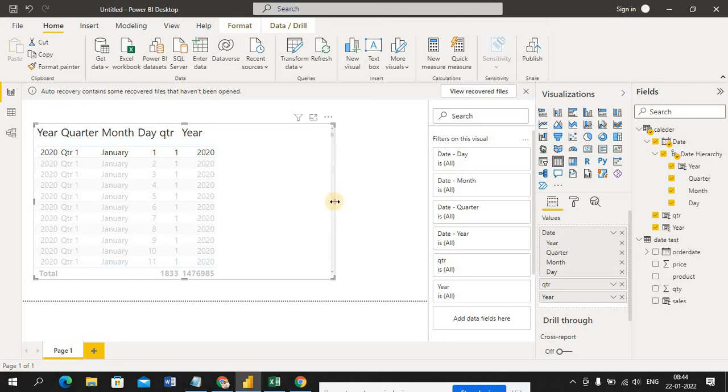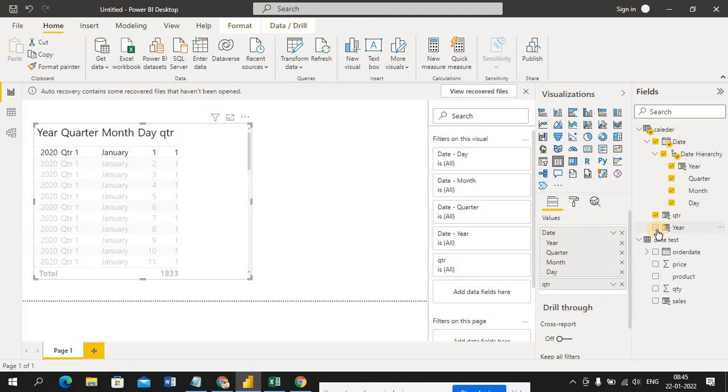So you can see here: year, quarter, month, day, quarter, year again. Now why did this year come again? Because I created a year, but by default Power BI also created a year for me. So if you want that year you can use it, else no. This hierarchy itself has the year available. I created it in the backend from the date column. With one column I created many columns. So I don't want this here. Just skip it.